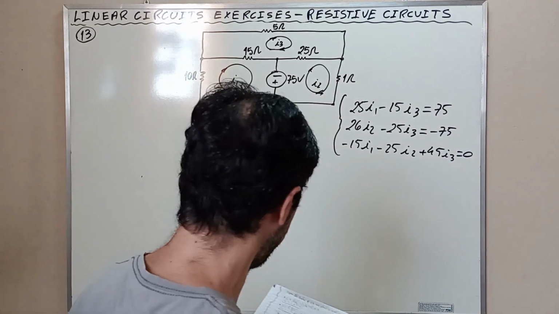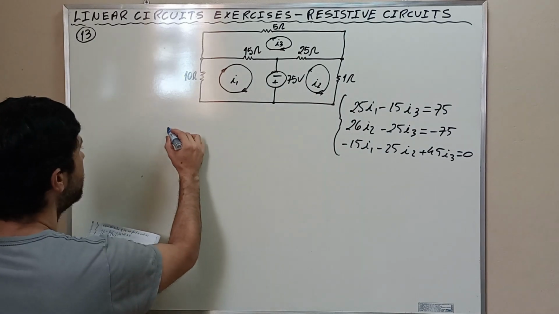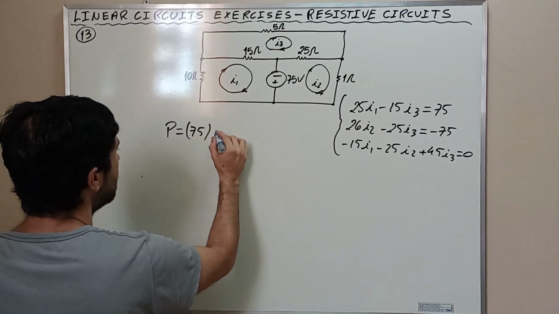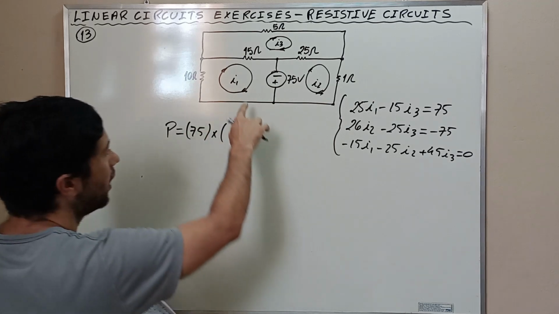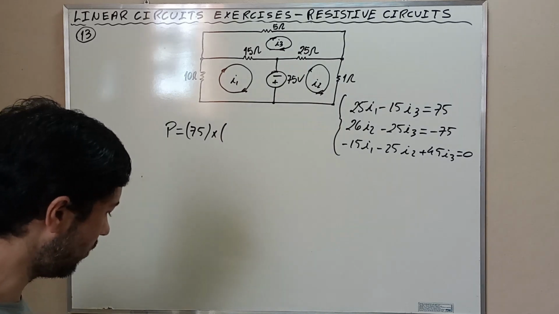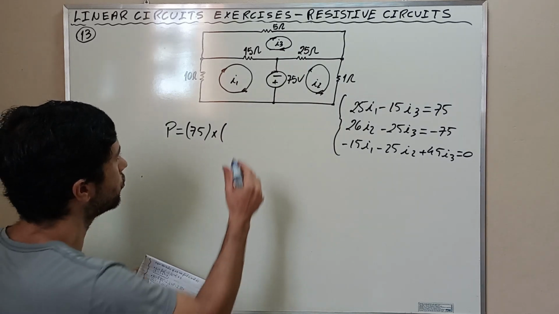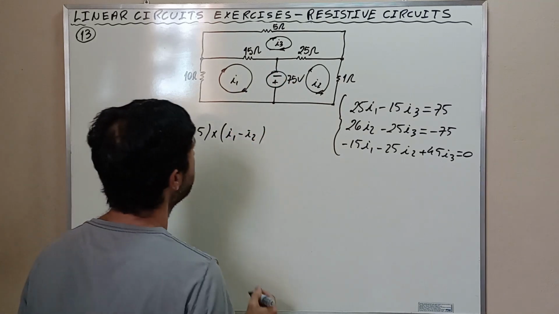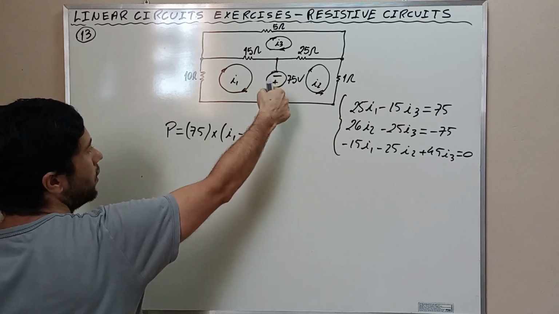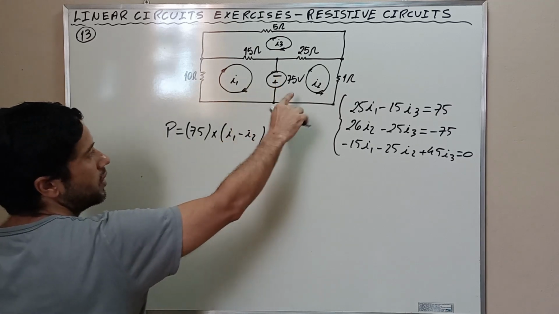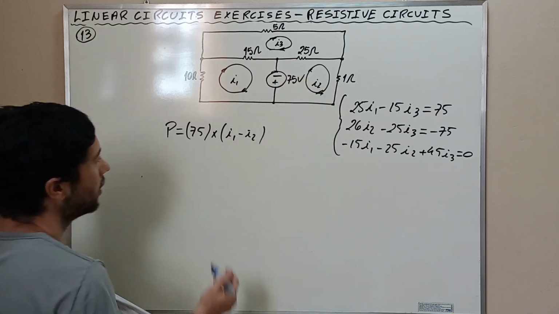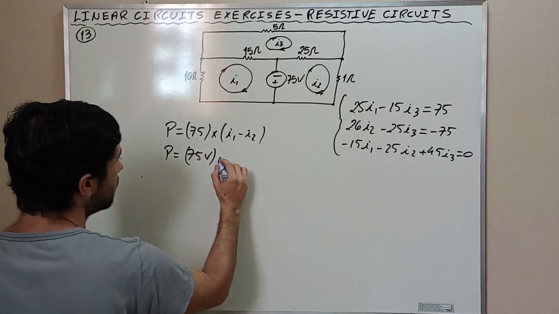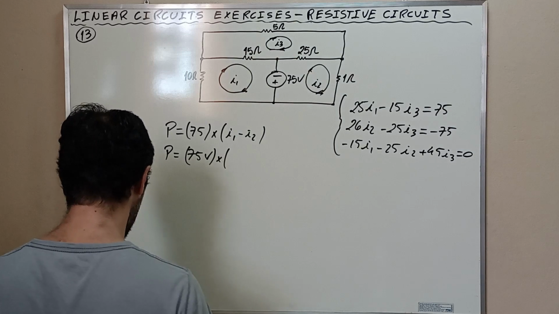The power delivered by the voltage source, P, is going to be equal to the voltage of the voltage source times the current. We observed that the current is I1 minus I2. I1 is in the positive direction and I2 is in the negative direction. Then P is going to be 75 volts times